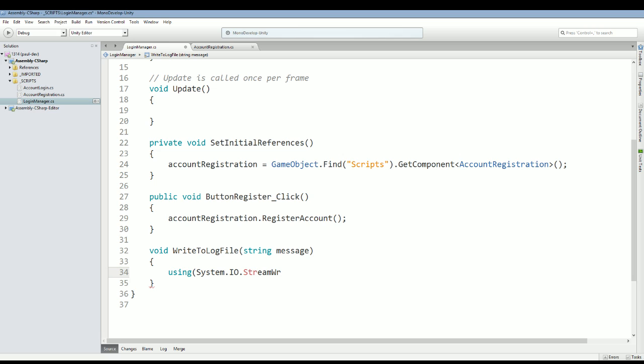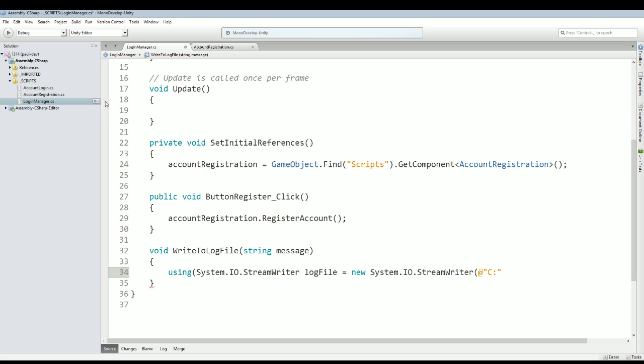System.IO.StreamWriter, because we're writing. As you can see, it implements a text writer for writing characters to a stream. So we're going to use that. We're going to name it. What will we name it? Let's just name it logFile, and that's going to be equal to a new StreamWriter with the directory of, I could never get this right, but you need to. That @ sign basically means you don't need to have the escape characters everywhere, and I'm just going to put that on the desktop. So let me open it up,